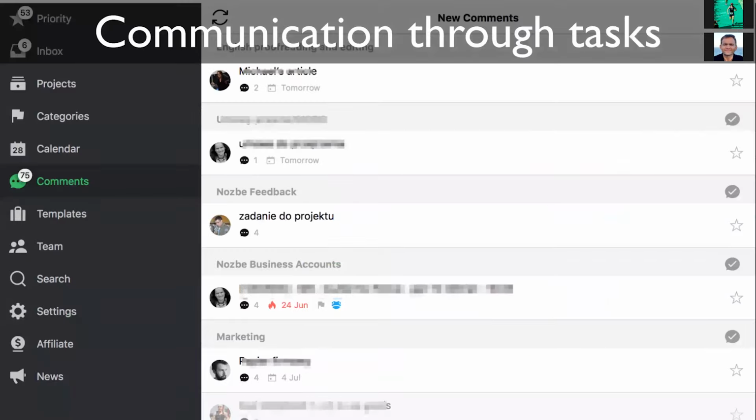This is, for example, how we use Nozbe. In Nozbe, we add comments to tasks in shared projects, and then later, when other people comment as well, we have this comment section in Nozbe. So, for example, every few hours, I go to the comment section and I just review comments from the team. What happened? What are people working on? What are the comments? Where can I also leave my comment? And this is this perfect asynchronous environment where I review my comments every few hours, or maybe every hour, depending on the day.